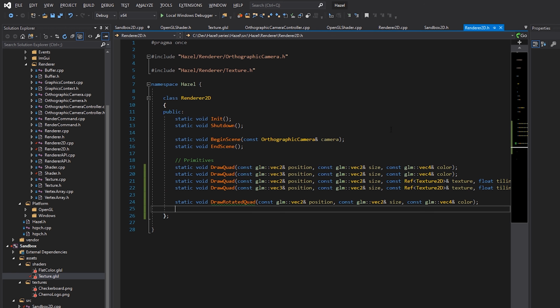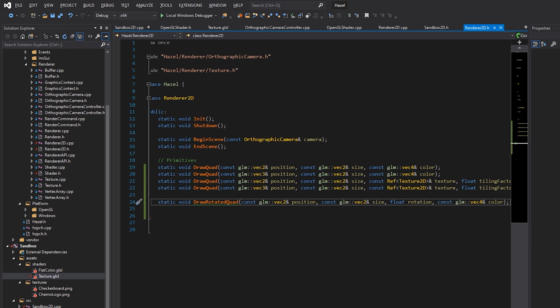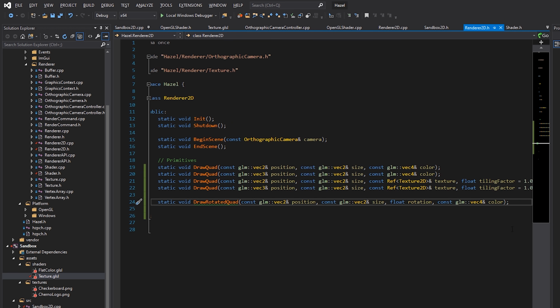So because of that, what we're actually going to do is separate it out that way and make this specifically, that's it, draw a rotated quad, which will have a rotation. Because I don't think it's that often that we necessarily want rotated quads. In a lot of scenarios, you would never really rotate something. Your animation within that quad might have certain rotations associated with it, but usually, I don't want to say usually just because I can't think of everything you could possibly make with Hazel right now while I'm sitting here making this video. But as far as I can tell, there's usually